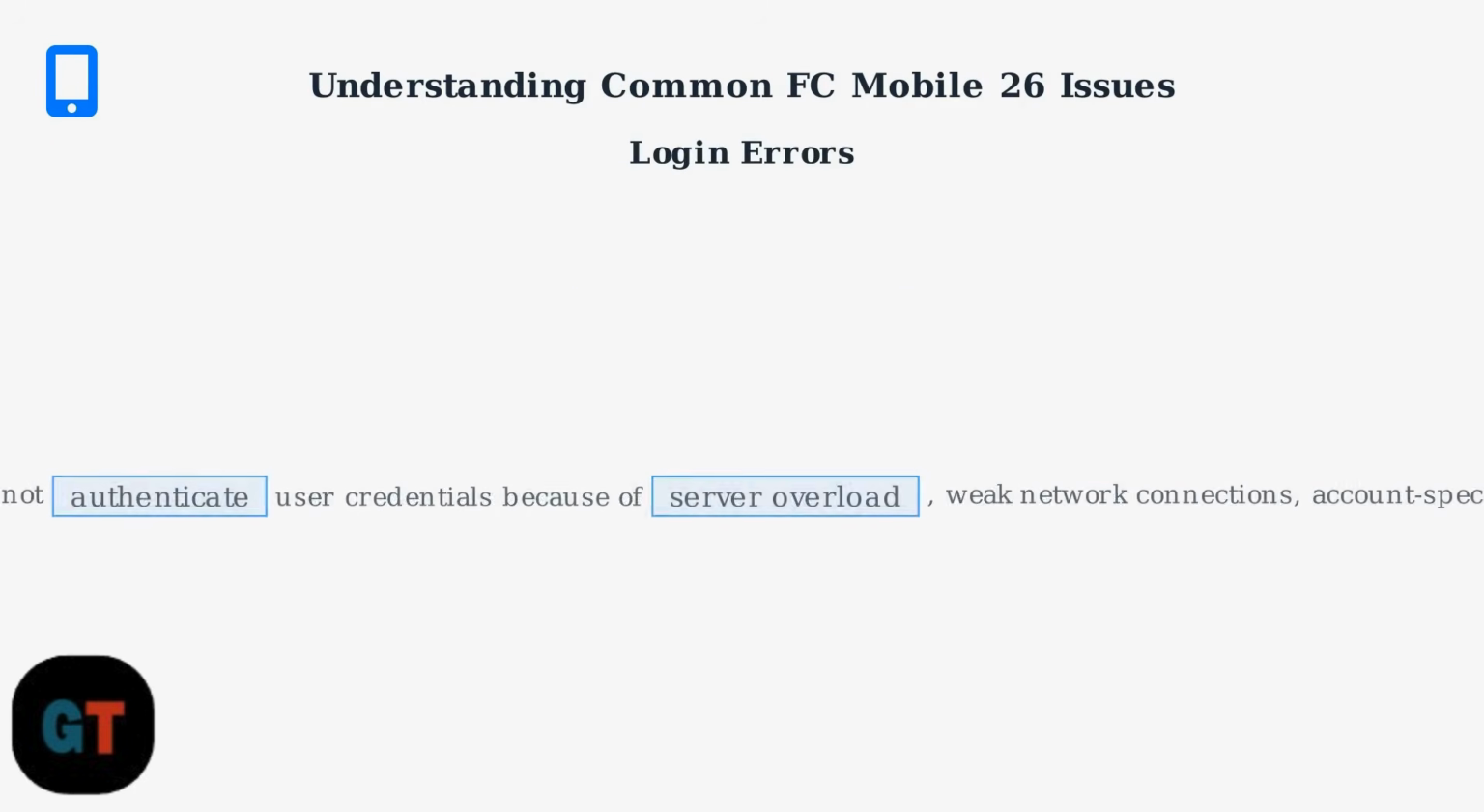EA Sports FC Mobile 26, launched in September 2025, has encountered several technical challenges, including login failures, difficulties with updates, and black screen loading issues. These problems typically arise from server overloads due to high player traffic, inherent application bugs, device incompatibilities, and unstable network connections. Login errors occur when the game cannot authenticate user credentials because of server overload, weak network connections, account-specific problems,